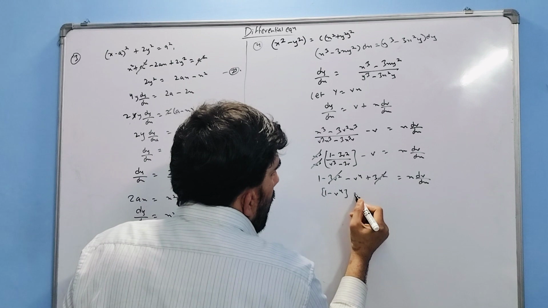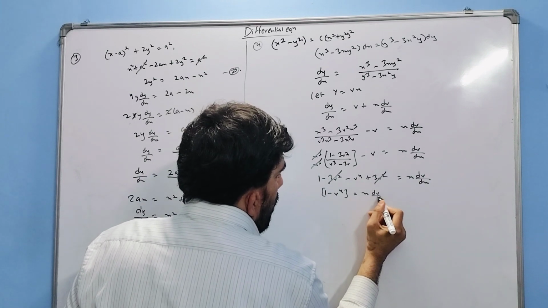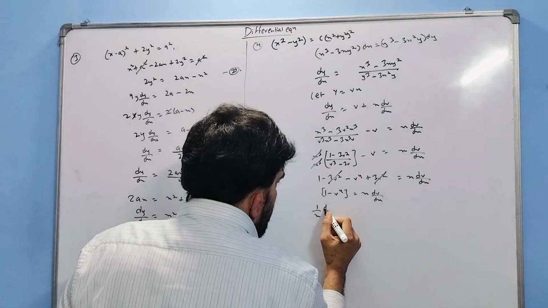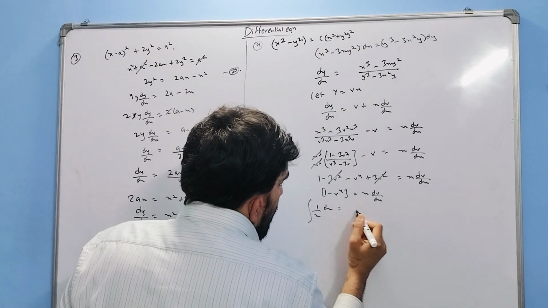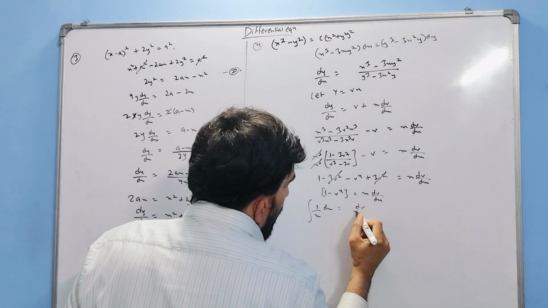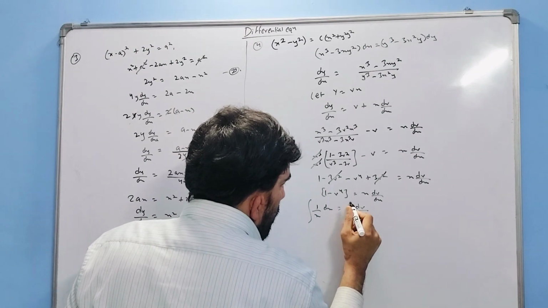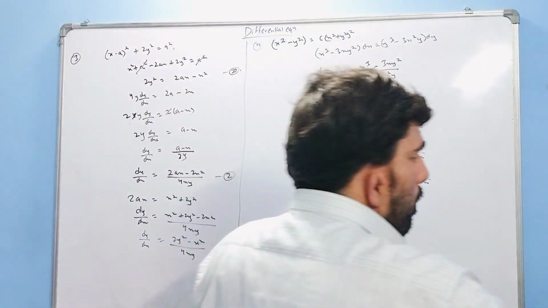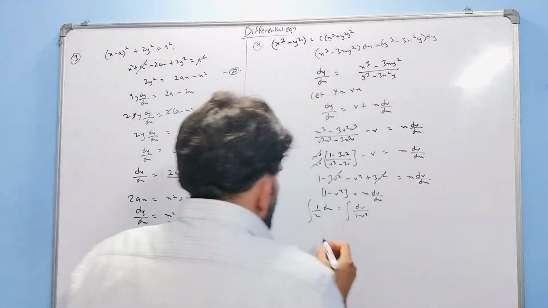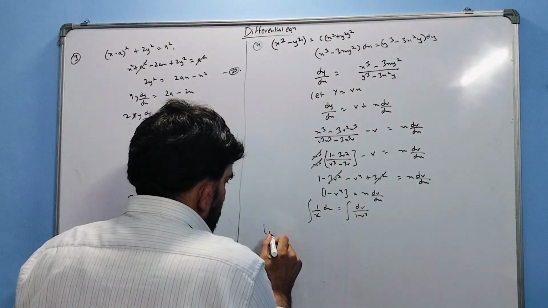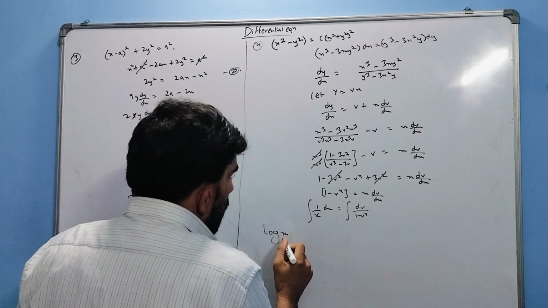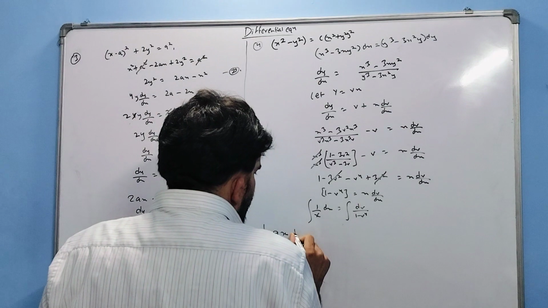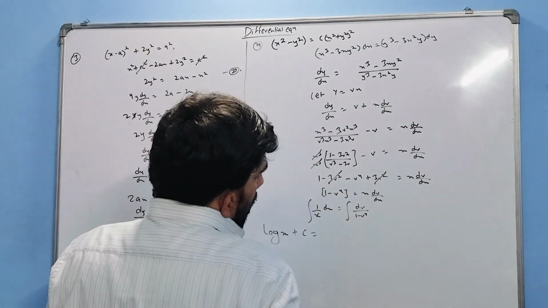So we have x dv upon dx, we will take 1 upon x dx and integrate it. Here I got dv upon 1 minus v^4. Okay, so now I got this. Now we'll see, here I got log x. So here I have log x plus c is equal to, here we need to